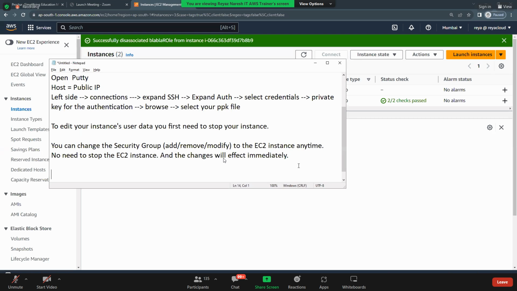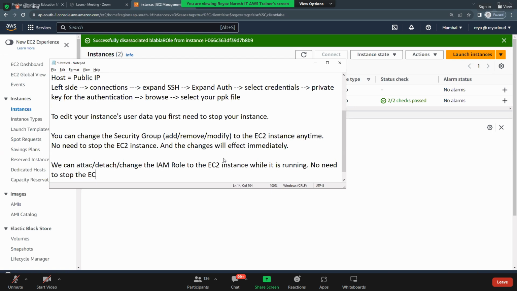So we can attach, detach, or change the IAM role of the EC2 instance while it is running. No need to stop the EC2 instance. One EC2 can have only one role attached.